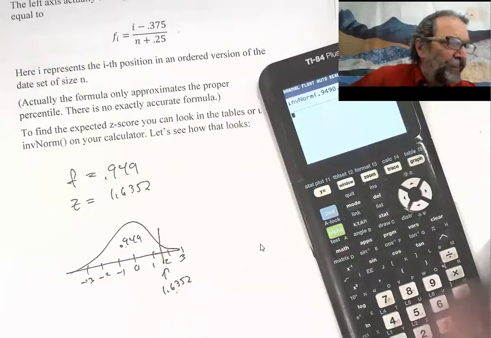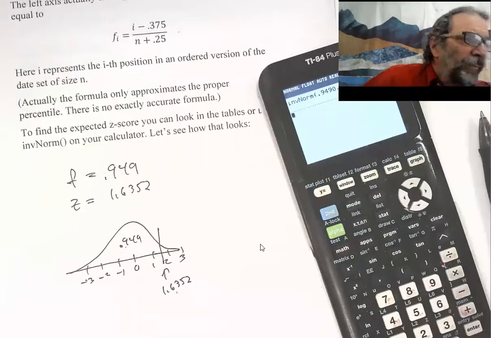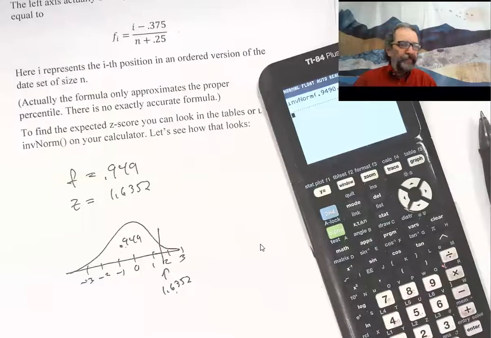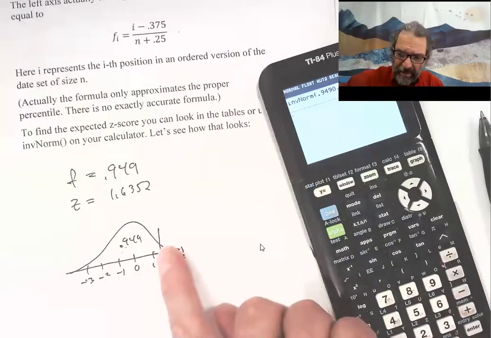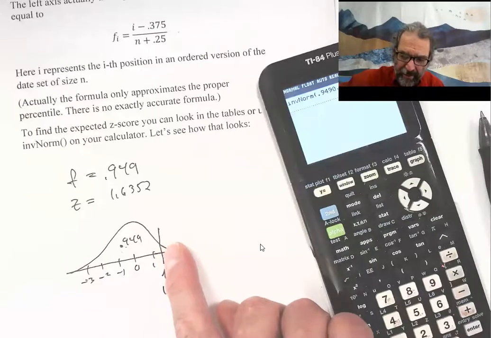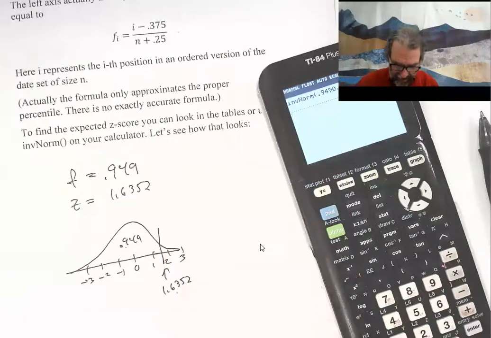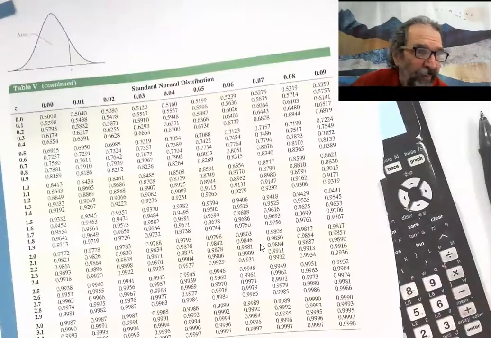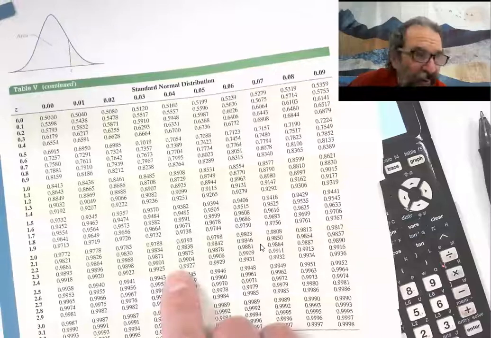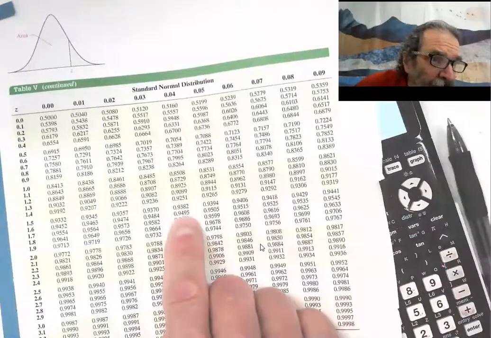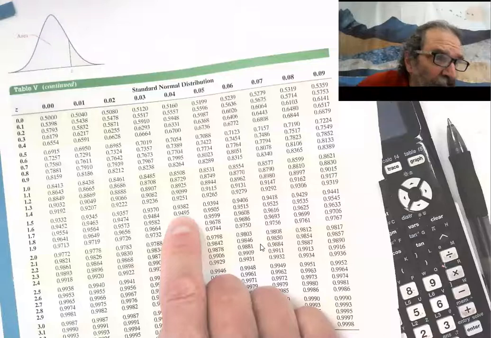Let's take a look. So 0.95 is 1.645. That 95 is a tiny bit bigger, so we move over a little bit. So that kind of makes sense now. I was worried for a second. And here's the table, so we might look for 0.949 in it. So somewhere in here,